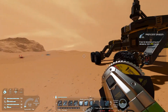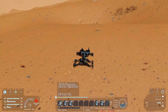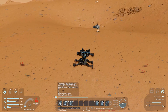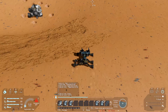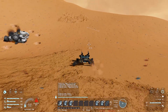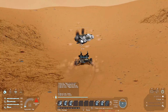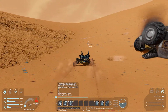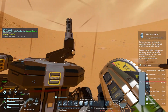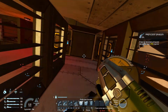I think what I'm going to do, since I have taken care of all of the... I never put the parking brake on. That's poor practice. I'm going to go down and see if I can very, very carefully go down and take the most useful stuff from here. So what I'm going to do is